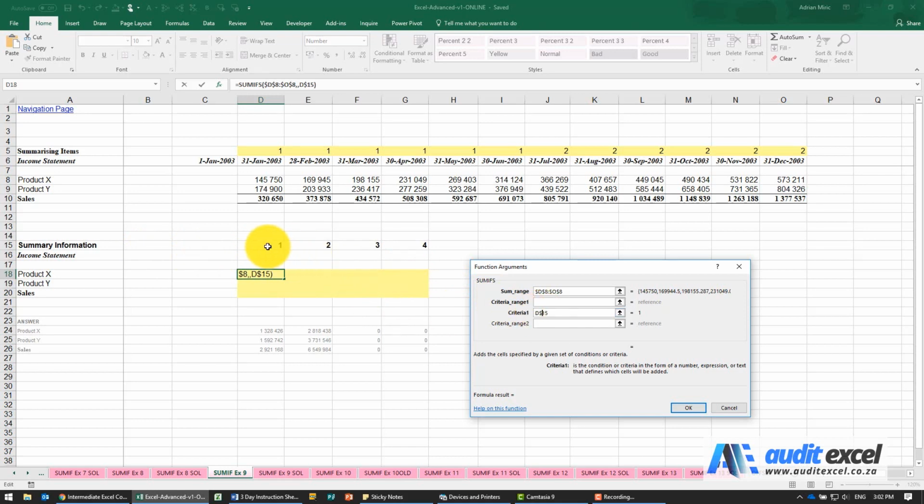Where must Excel look for these 1, 2, 3s? It must look over here. I'm going to put the dollar signs on. As it is, it'll work fine. If we want to be a bit more sophisticated, at the moment I've said look at product X, and it will always look at D8 to O8. I know I always wanted to look at D to O, but as I copy it down, it should go from row 8 to 9. So I know that I don't need the dollar sign in front of the number.